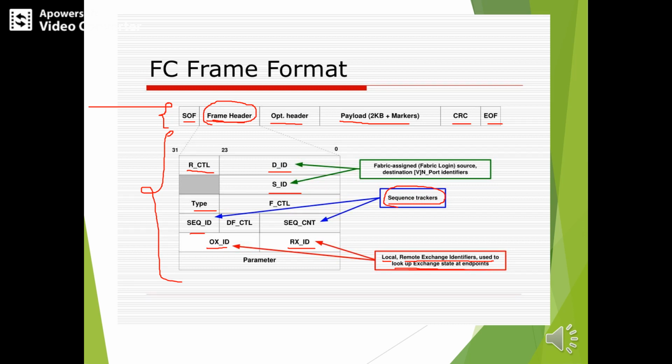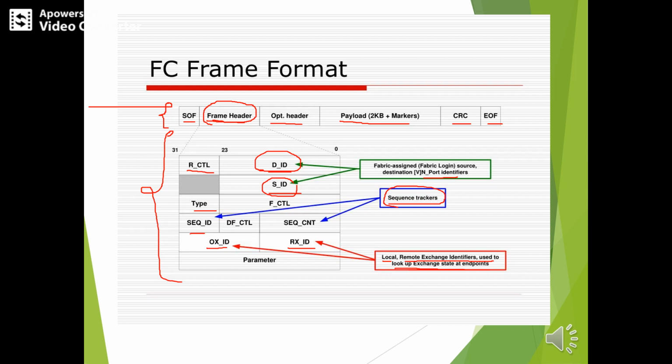And we have fabric-assigned addresses, that is fabric ID, fabric login source and destination with respect to the different ports. So that is source ID and the destination ID, source port ID as well as destination port ID. So this is how the actual FC frame format looks.